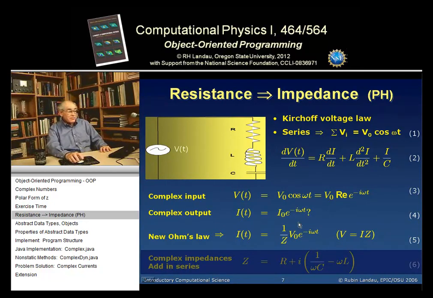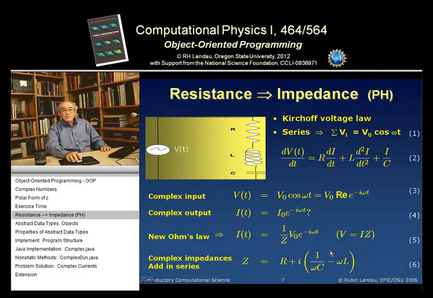If we substitute this current into the differential equation, equation 2, we find that the current as a function of time is given by some constant, 1 over Z, times the voltage, times e to the minus i omega t. Or if we multiply by Z, this is just saying the voltage is I times Z. Where we've usually had resistance in Ohm's law, V equals IR, we now have resistance becoming impedance, so Z